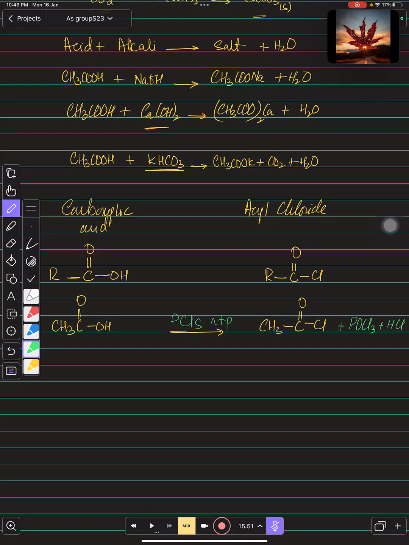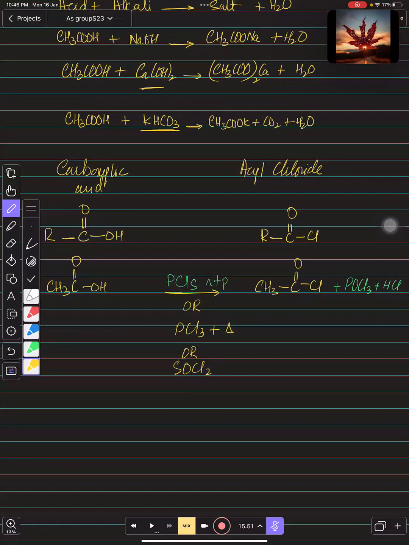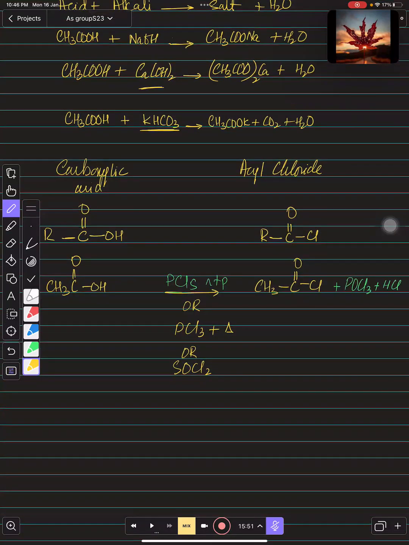और हाँ, अगर आपके पास ये नहीं है तो आप ऑल्टरनेट के तौर पर PCl3 भी यूज कर सकते हो, बट फॉर दिस यू नीड टू हीट। आपको हीट करना पड़ेगा इसके लिए। ठीक है, उसके अलावा अगर आपके पास ये भी नहीं है, आप एक और चीज यूज कर सकते हो विच इज SOCl2। आप ये भी यूज कर सकते हो। उसमें फिर आपके पास HCl में भी उसको कन्वर्ट किया जा सकता है, राइट।